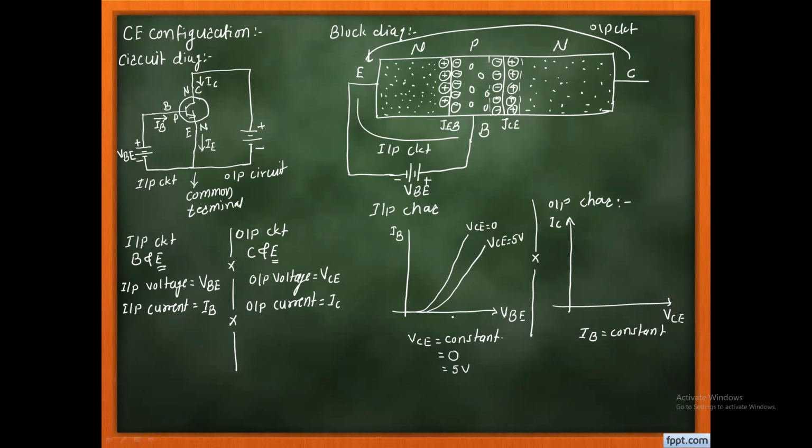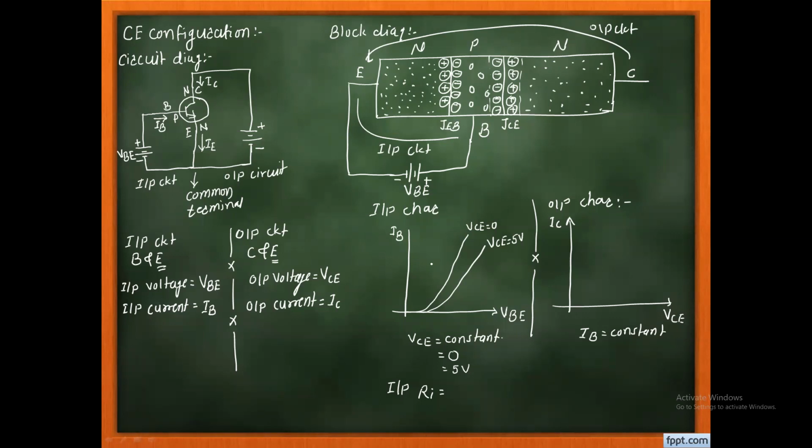And it simply gives that the input resistance, if you look at the graph, we can say is low. But if I compare the input resistance offered by the common emitter configuration and by the common base configuration, you can notice the thing here. The input resistance of a common emitter configuration is greater than the common base configuration.